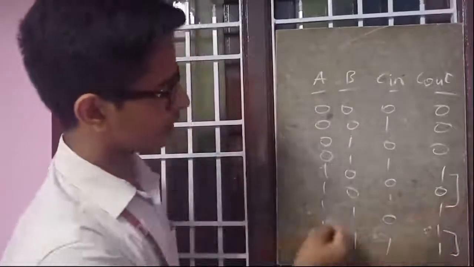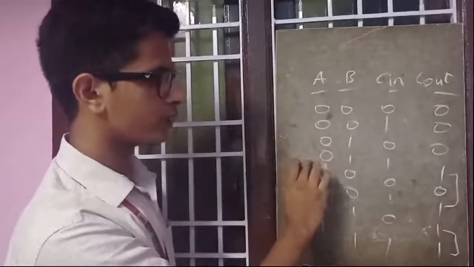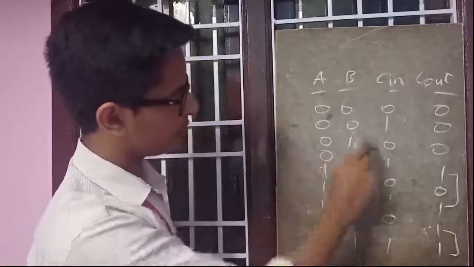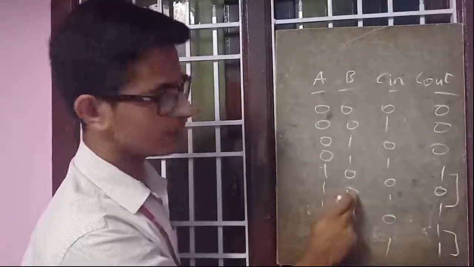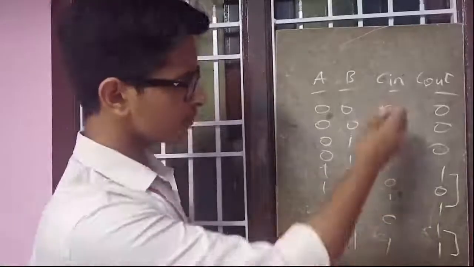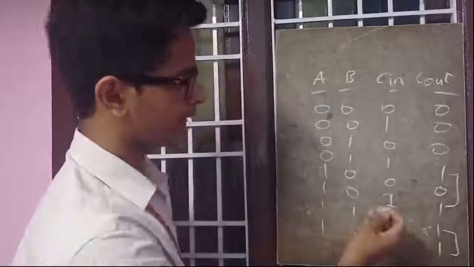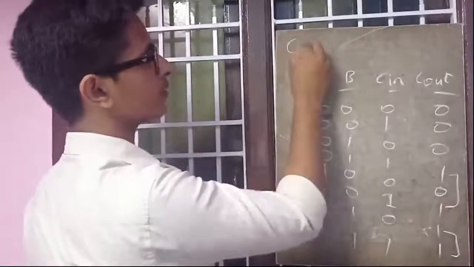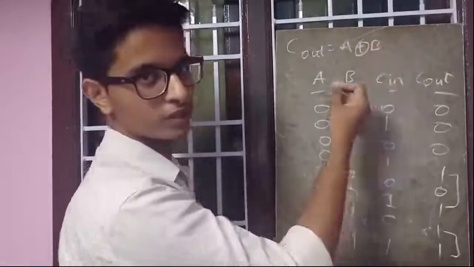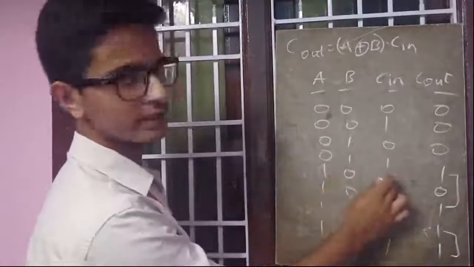If you observe in case 1, the carry output is 1 when one of the inputs is 0 and the other is 1. Here, A is 0 and B is 1; here, A is 1 and B is 0. So, one input is 0 and the other input is 1, and the carry input should always be 1. So, the expression for C out in this case may be C out equal to A XNOR B dot C in.